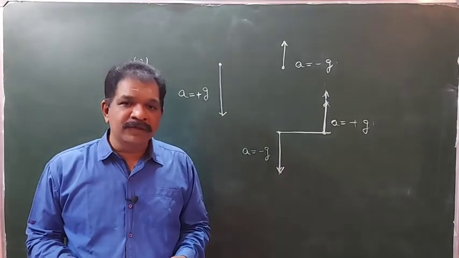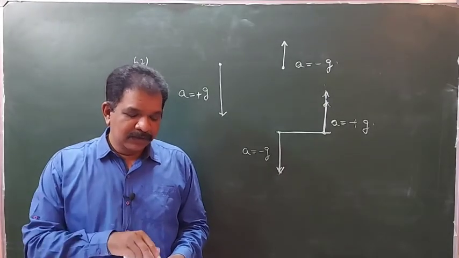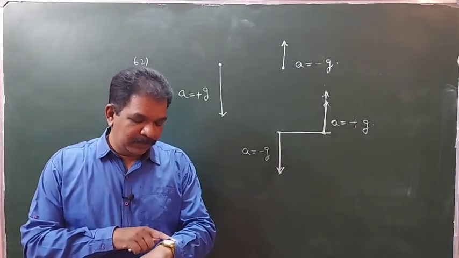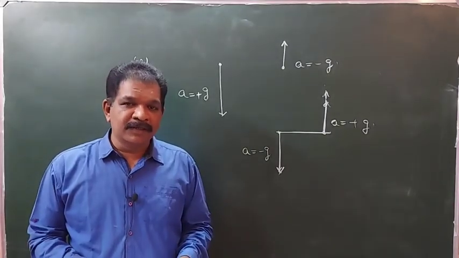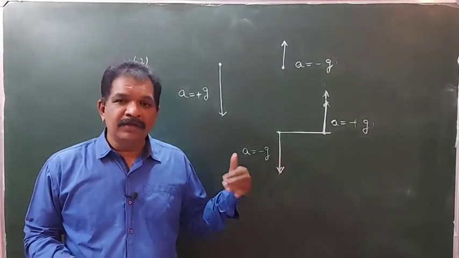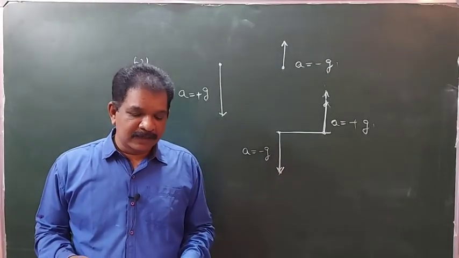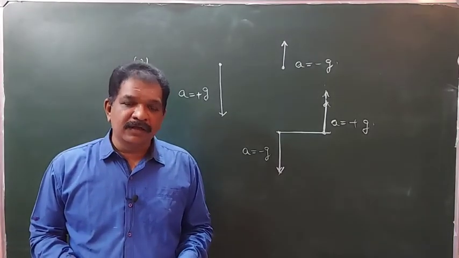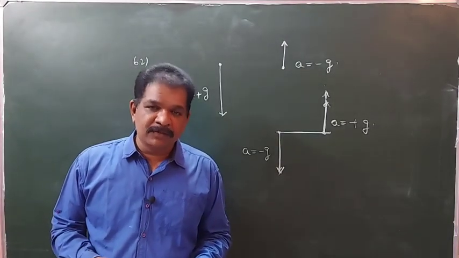The 63rd is a graph question. We will leave that question. So up to 63 we have successfully completed. We will stop this lecture now, and the remaining we will continue in the next class. From 64 onwards we will start in the next class. Okay, we will stop this lecture now.